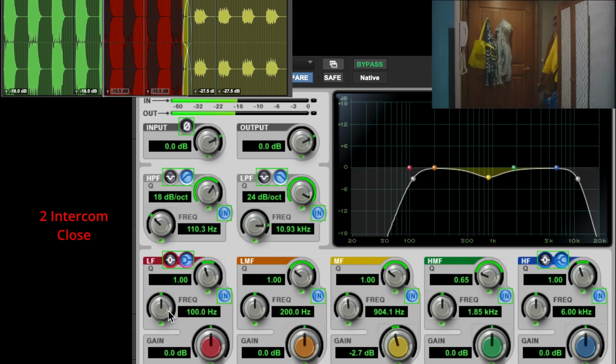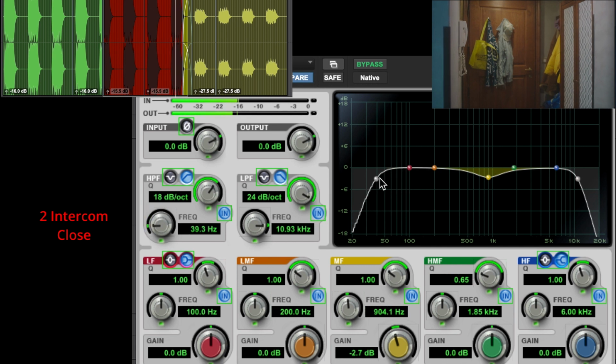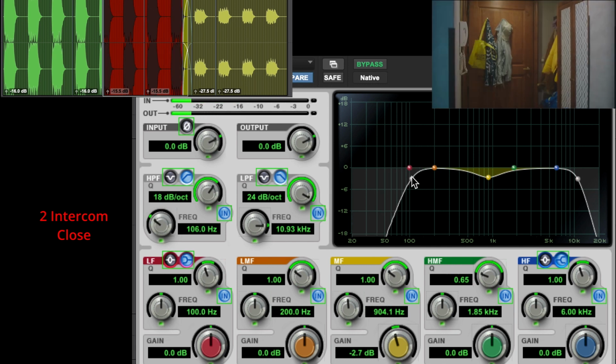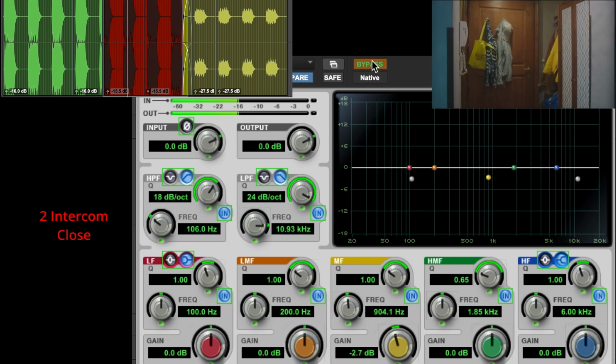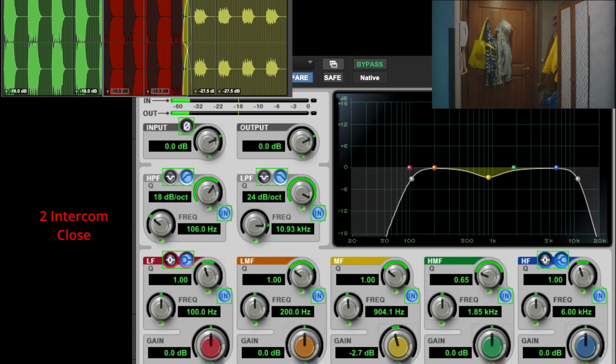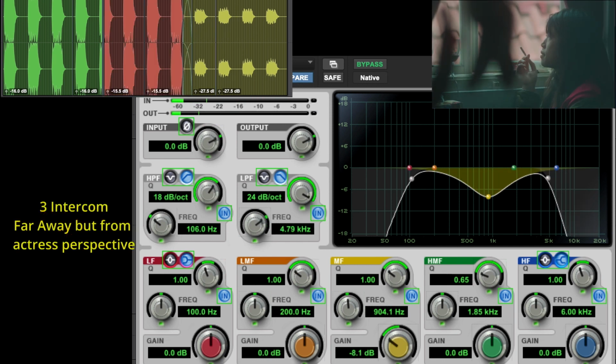phase. So the second phase is the interphone is close. And you can see that basically the equalizer is going back to normal. I just roll off a bit of the low frequencies, although the low frequencies here is not really important because it's basically a sound that doesn't need bass frequencies in any case. I roll off a little bit of the highs and just a little bit of medium, but it's like a normal sound. If I bypass it, it's the same. And the third one,